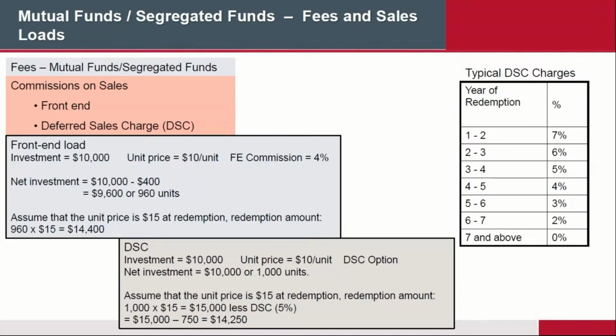Obviously, that charge will be lower as the years go on. Like in the chart on the right-hand side, from 7 years onwards, there'll be no charge whatsoever, but up to the 6th year, there will be a charge. So you have to factor that into the calculation, that you could lose some money. In this case, the individual did have $15,000. However, because he took out the money before the 10 years, we charged him a 5% fee, so he lost $750, and all he's going to get out of this is $14,250 because he has to pay that penalty, you might say.